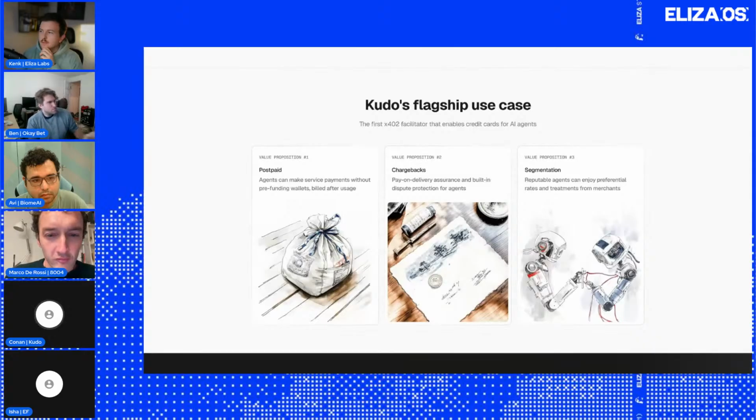So I think first, obviously, AI agents do not have to maintain a pre-funded wallet, right? And this reduces the risk of downtime when the wallets are depleted. And so simply the AI agent just needs to pay the bills for the services they have used, right? So that's the first benefit.